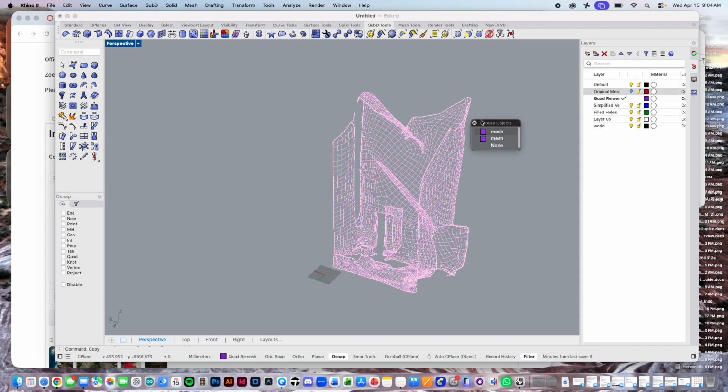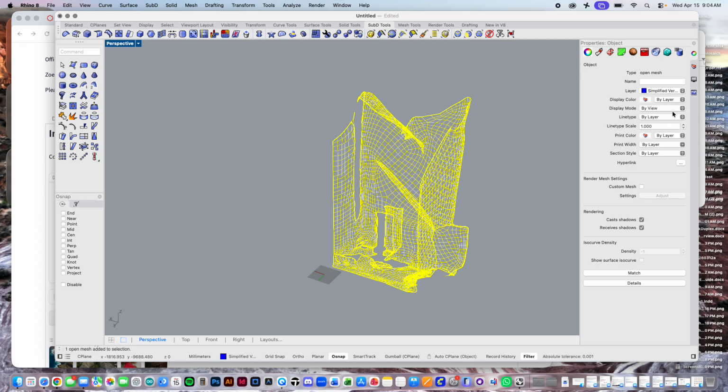And so now I have two of these. I'll select the second one, and I'm going to go back to my properties and turn its layer to simplified version. And I'll actually run the quad remesh with a smaller number and see what we actually get. Again, it might help us fill things in later if we can get it down a bit. But I want to show a progression of really complex, less complex, less complex, less complex, and then if I populate a page with this model undergoing these transformations, right? Then I can pick, that's the one I want to move forward with,